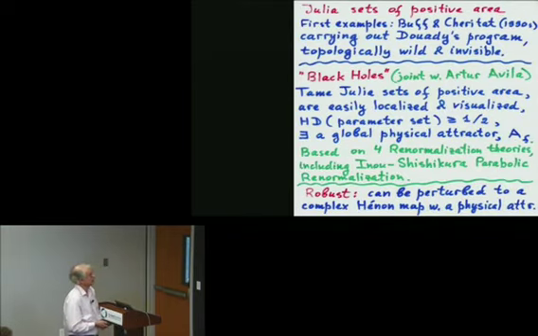And finally, in the final couple of minutes, I would like to go back for a second to dimension 1, again complex dimension 1. How about physical attractors in complex dimension 1? Are there any interesting physical attractors in complex dimension 1? Of course, interesting physical attractors should sit in the Julia set. And so to have such an attractor, one should have a Julia set of positive area.